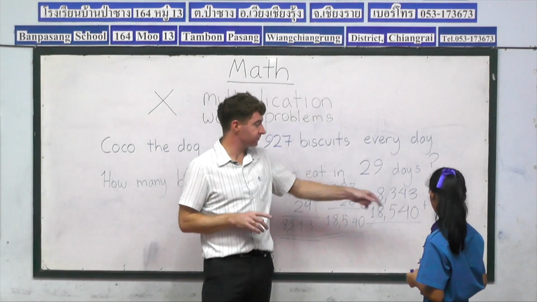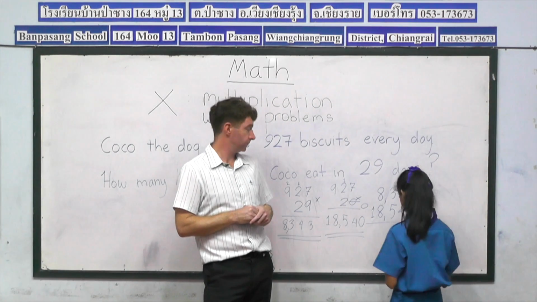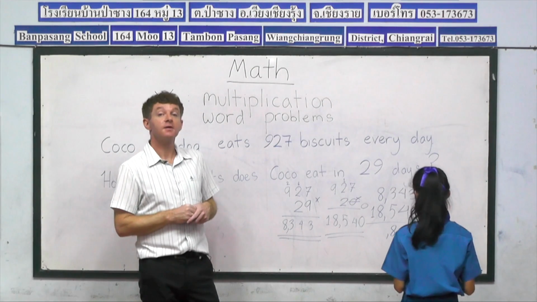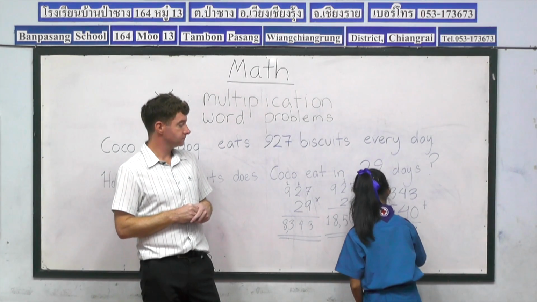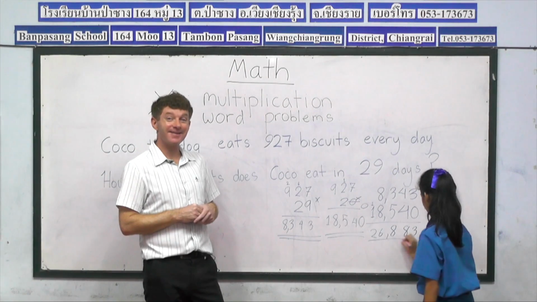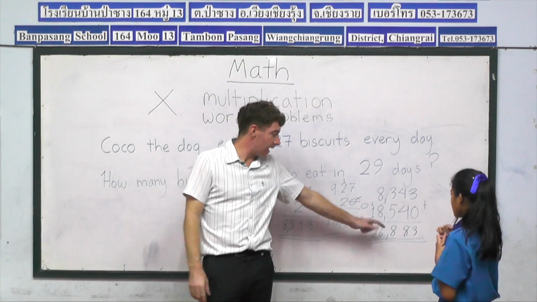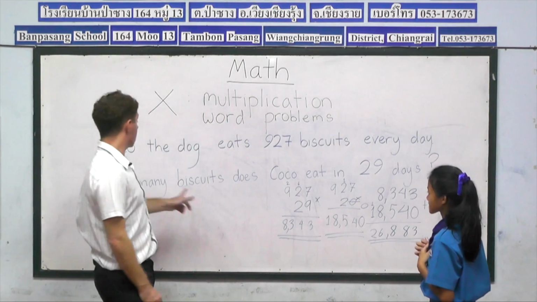So 3 plus 0, 4 plus 4, 16, so 6 carry 1, 1 plus 1. So we have our answer, guys. 26,883. So we can say, Coco the dog